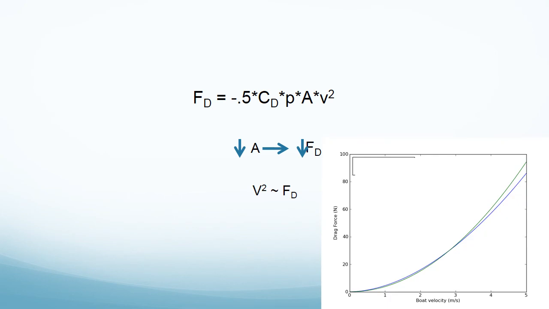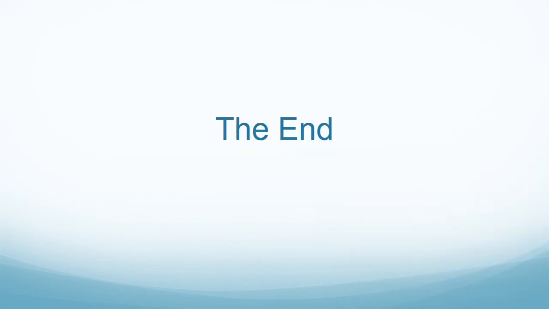This equation is used to calculate pressure drag force, where Fd is the drag force, Cd is the coefficient of drag, P is the fluid density, A is the cross-sectional area of the object perpendicular to the relative velocity, and V is the relative velocity of the object with respect to the fluid. As you can see in the equation, decreasing the cross-sectional area will lead to less drag force. A person who practices good running form, which may reduce cross-sectional area, can become a more efficient runner. The equation also shows us that